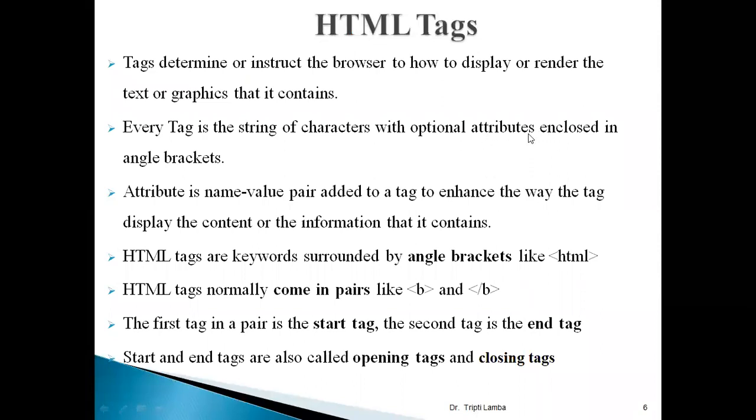So suppose someone says, I want to change the font type and I want to change the size and color. For that, I need to specify some attributes associated with the font tag. So an attribute tells you the different features. Like font is a tag, it has many features. I can change the color, I can change the type, I can change the size. So this is how we write any tag.